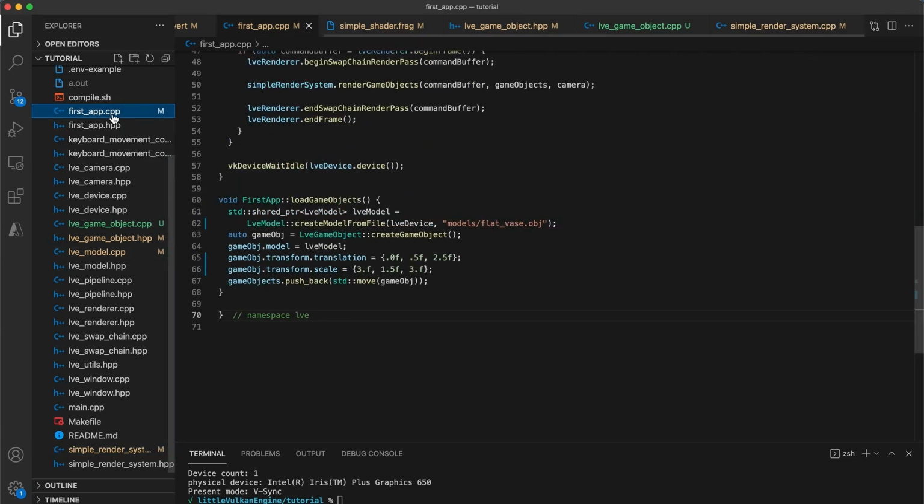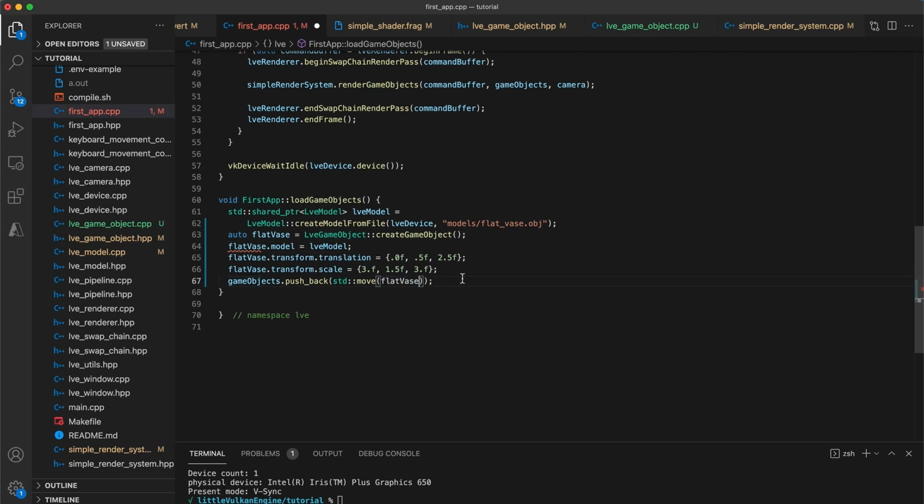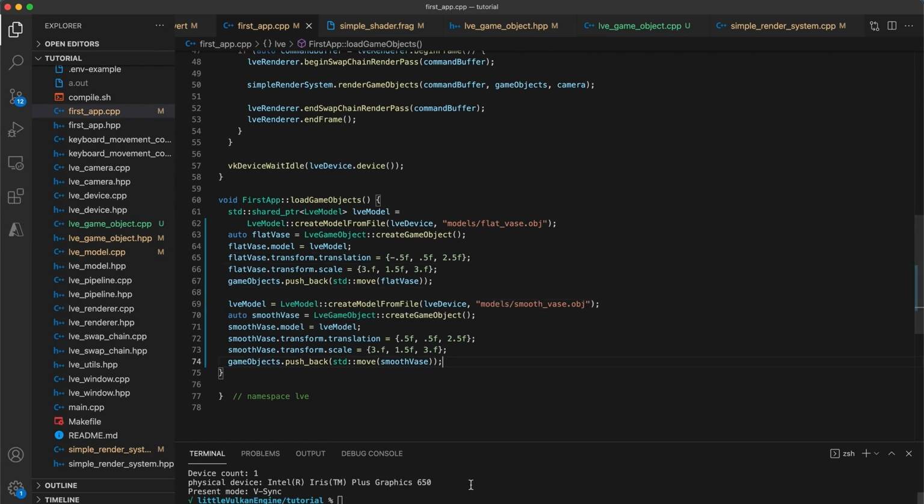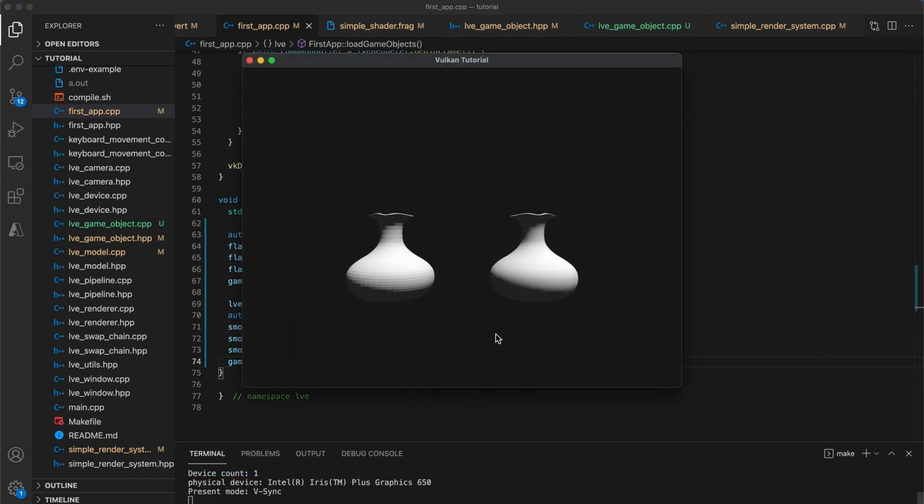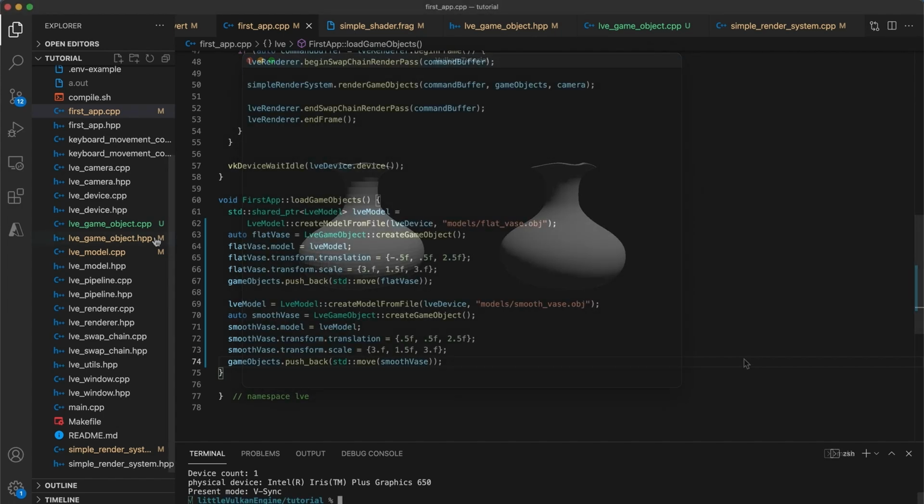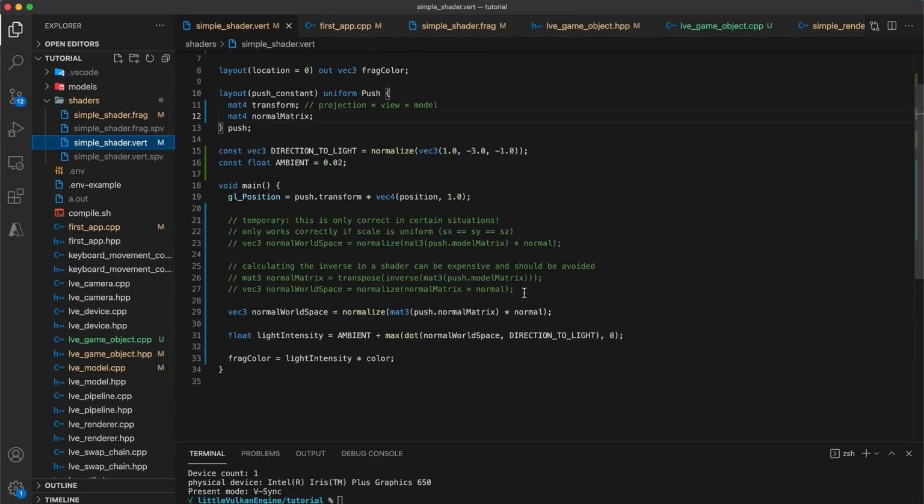All it takes is creating a second game object that uses the other model file. If I do this, shifting the flat vase slightly left and the smooth vase slightly to the right, I can build and run and compare the two vase objects. The vertex positions are all the same and the exact same vertex shader is used by both. The only difference is how the model files specify the vertex normals. I will clean up this unused code in the vertex shader,